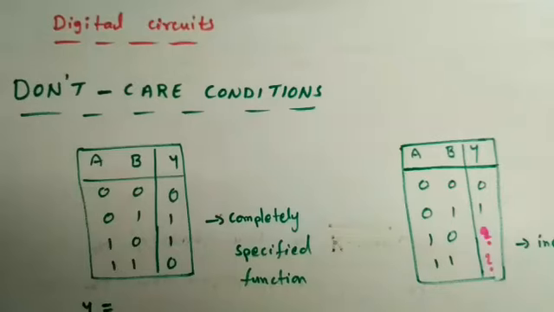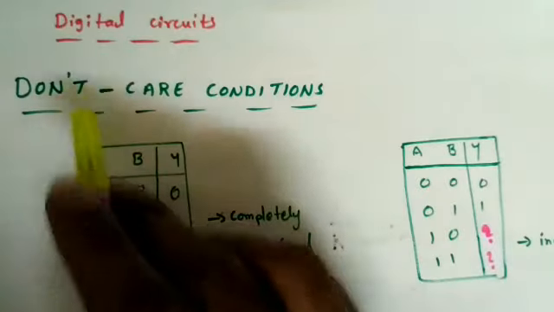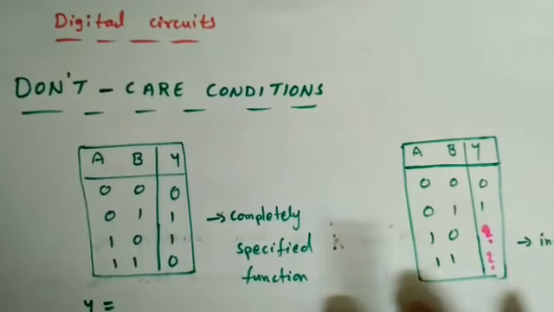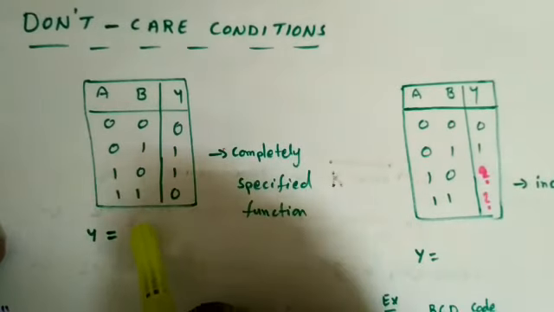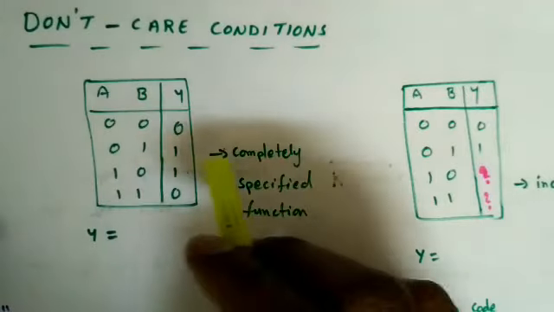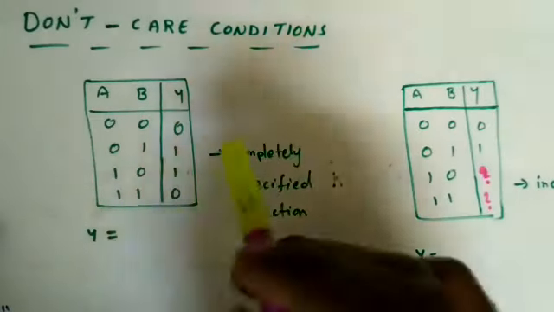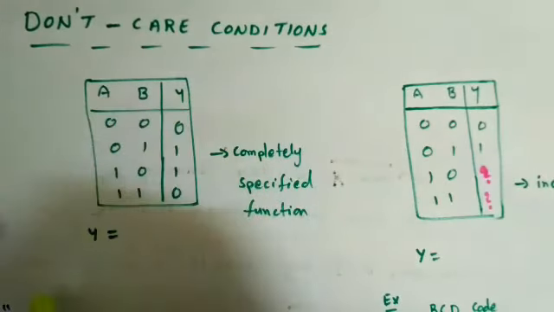In this lecture, I'm going to discuss some special cases in minimization techniques, that is, don't care conditions. First, we'll see what these don't care conditions are. Up to now, we have seen that all the given Boolean functions are called completely specified functions. What is the meaning of a completely specified function? For all input combinations,